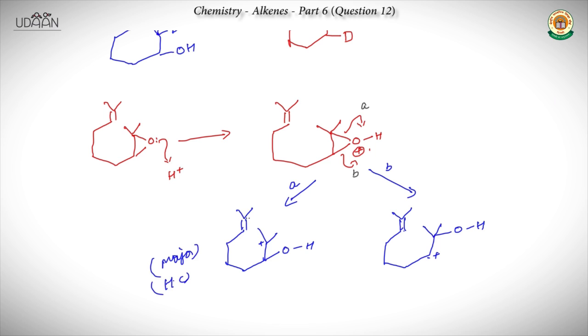Now this alkene is a nucleophile and here we have an electrophilic site, so this attacks on this alkene. What you will get is a 6-membered ring, which is a very stable one. OH and a positive charge here. Now you have H here. This will undergo dehydration to give an alkene.